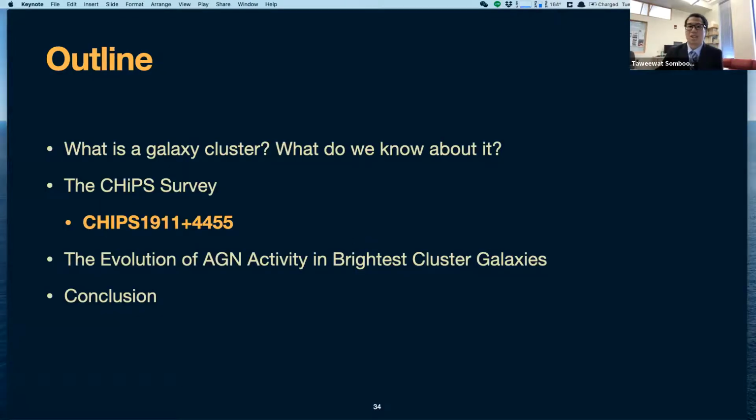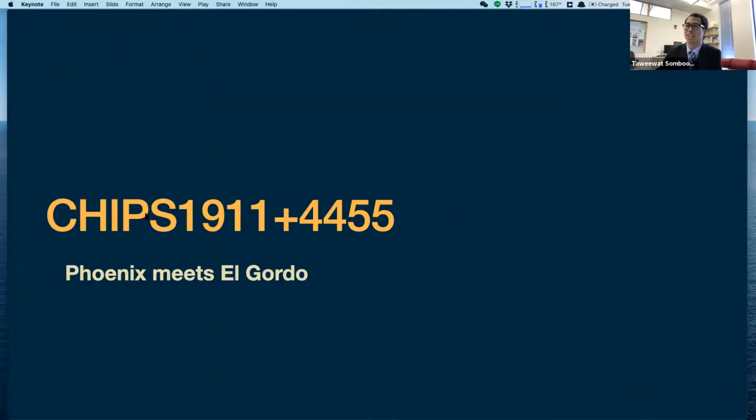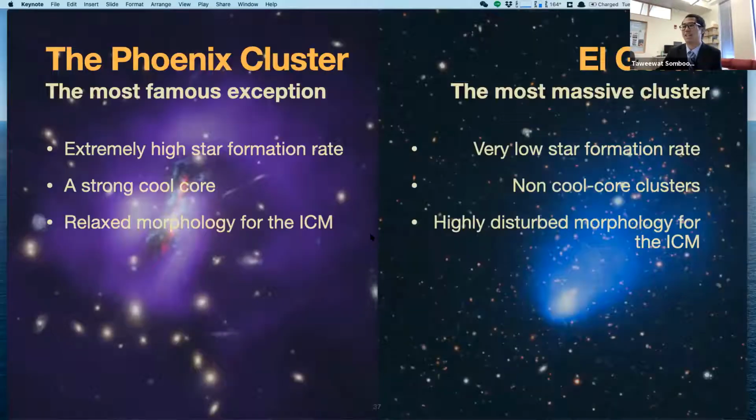Okay, so now I want to talk about my favorite cluster. Another cluster that we found is called CHIPS1311. Okay, so here let's go back to this one. Here is CHIPS1311. It's at a higher redshift, and it has a higher richness, or expected a higher richness. We call it Phoenix with Algodo, and the reason for that is